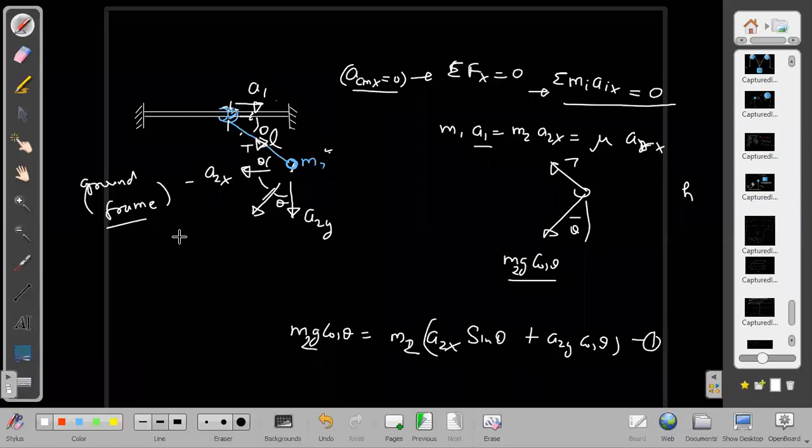Now, I know one more thing here, that with respect to 1, 2 is moving in this kind of path, and it has one acceleration which is the centripetal acceleration. I know the formula for centripetal acceleration also: V relative square by length L. So in this frame it has this acceleration and the tangential acceleration.